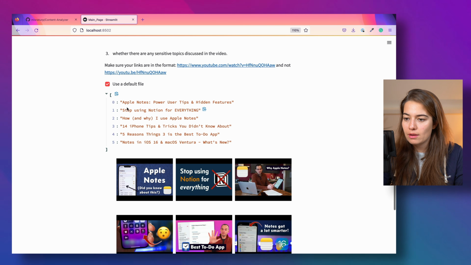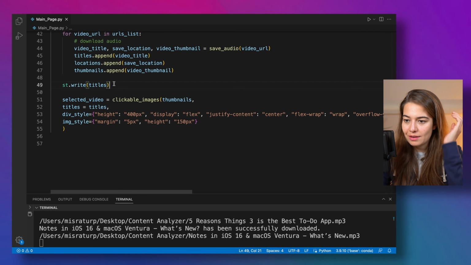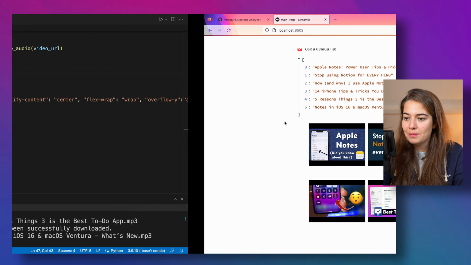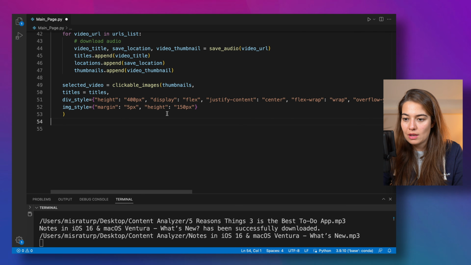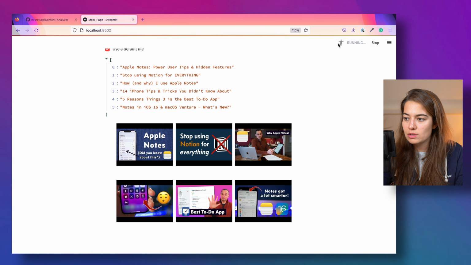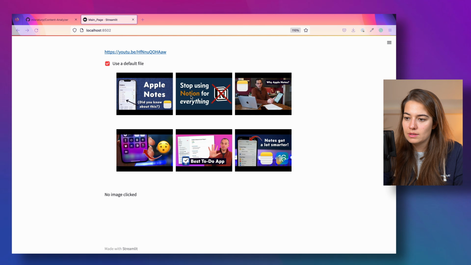All right, I forgot to remove this, so let's do that. We don't really want to show the titles anymore. And maybe I can also show which image is selected, so I can have another markdown widget here that will show which image is selected. So let's rerun. And if I select an image,